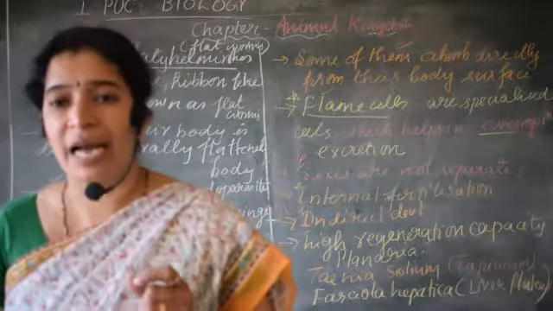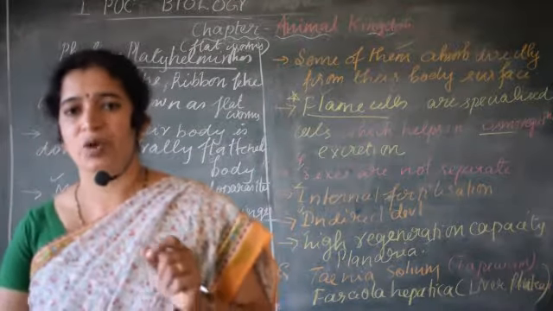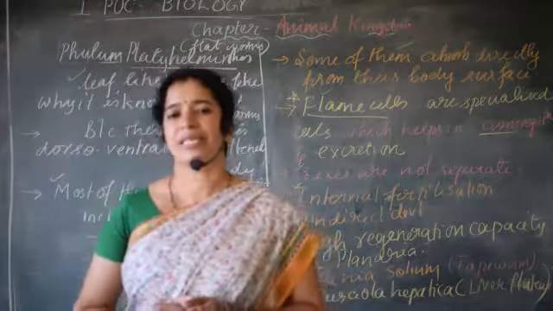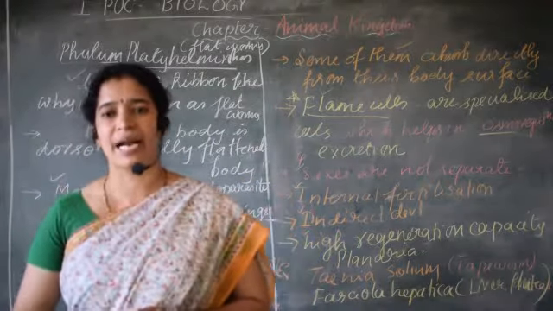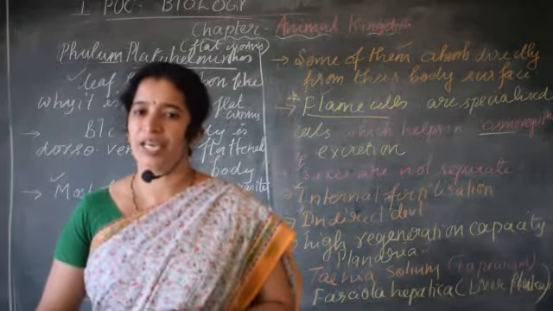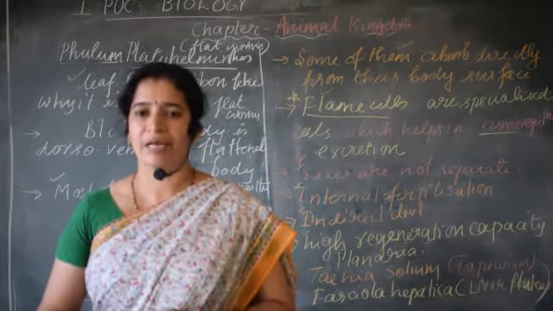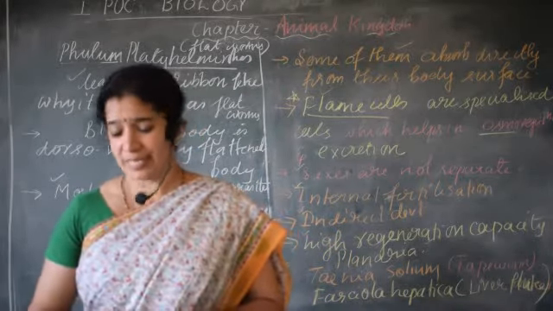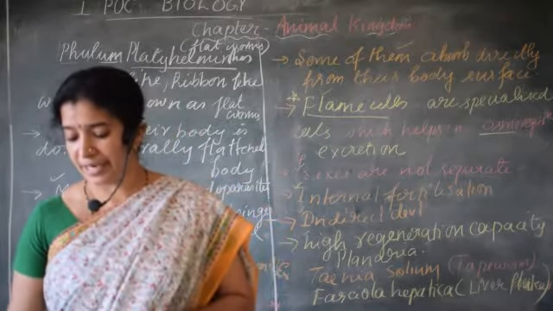Then some of the adaptive features. The parasitic adaptations in platyhelminthes are the absence of hard horny cuticle, and they have reduced sense organs and reduced